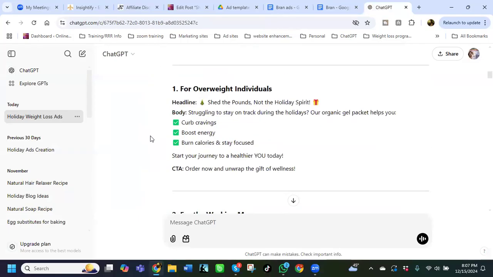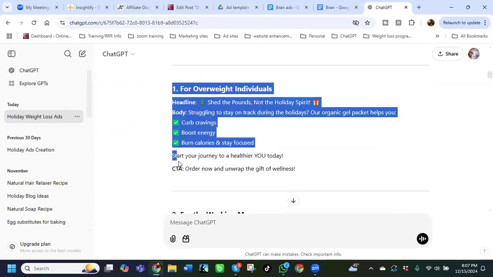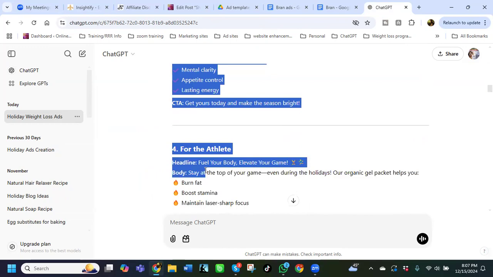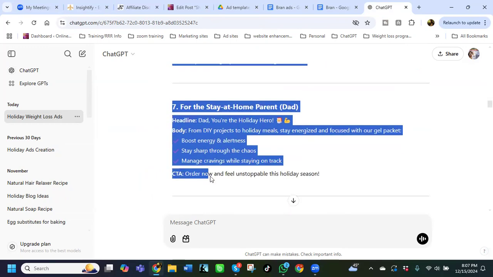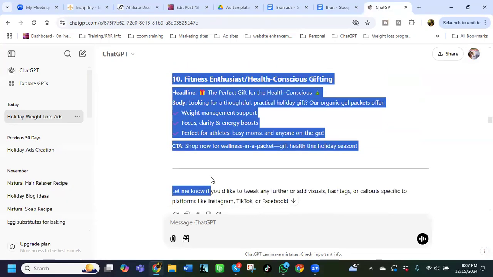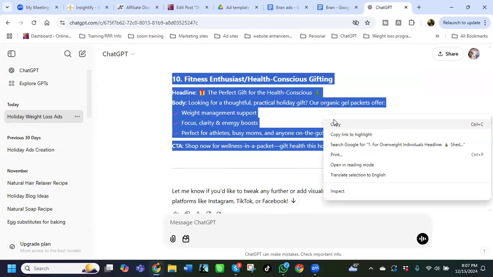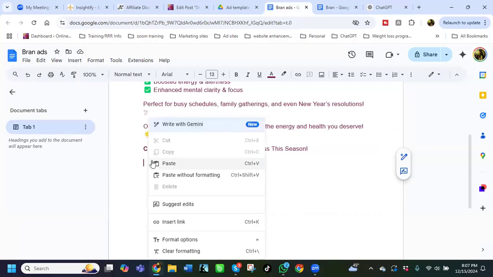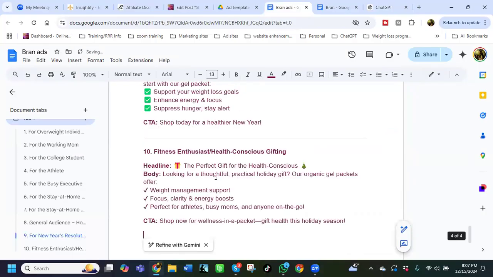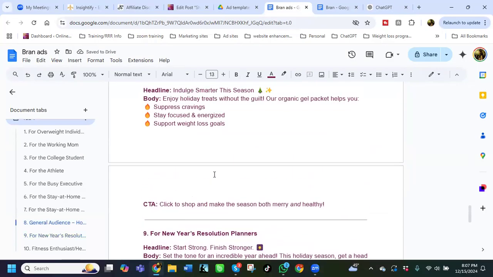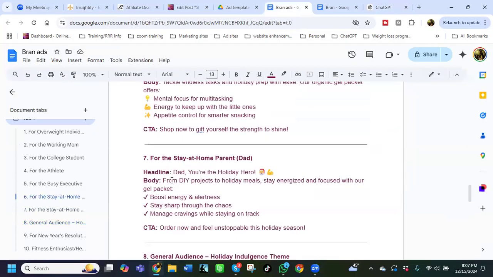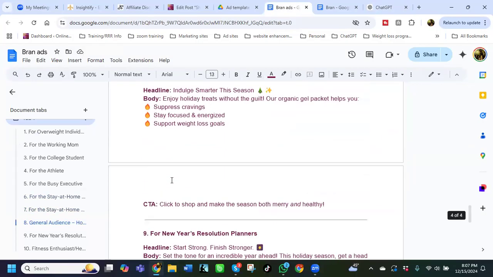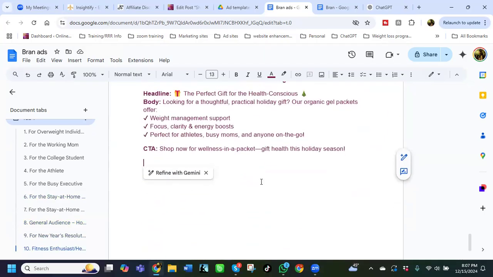Let's copy these other ones. I'm going to come all the way down for 9 and 10. Copy, come back to my ads and paste those in here. So now I have each one of these. These are the individual ads I want to go to. Now, if I want to break it down even more, once I come in here, I can go and say